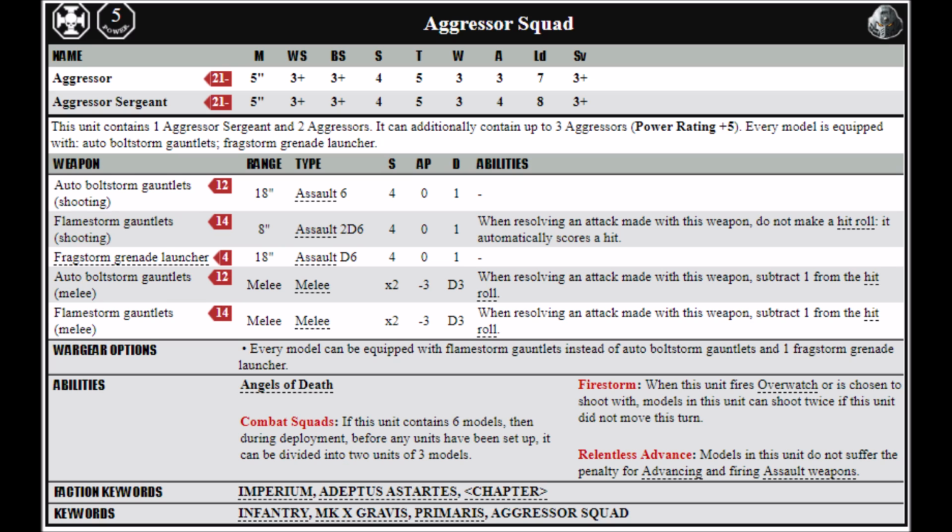Also, being flamers means that they don't care about modifiers, which is helpful. For me though, they're already reasonably short ranged at 18 inches, and reducing that to 8 for a very marginal increase in damage output is just a really bad idea. Sure, if you're in range, you'll get very slightly more damage out of them, but I think there'll be many